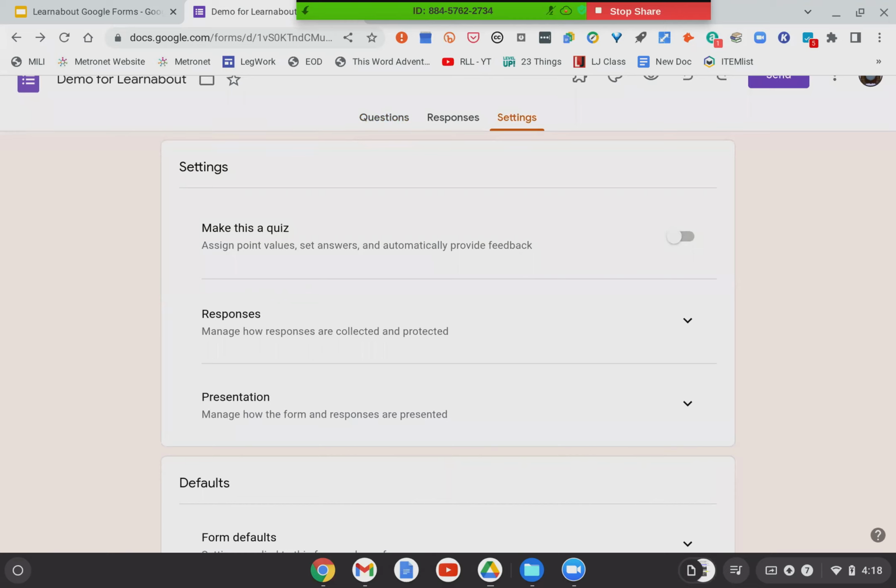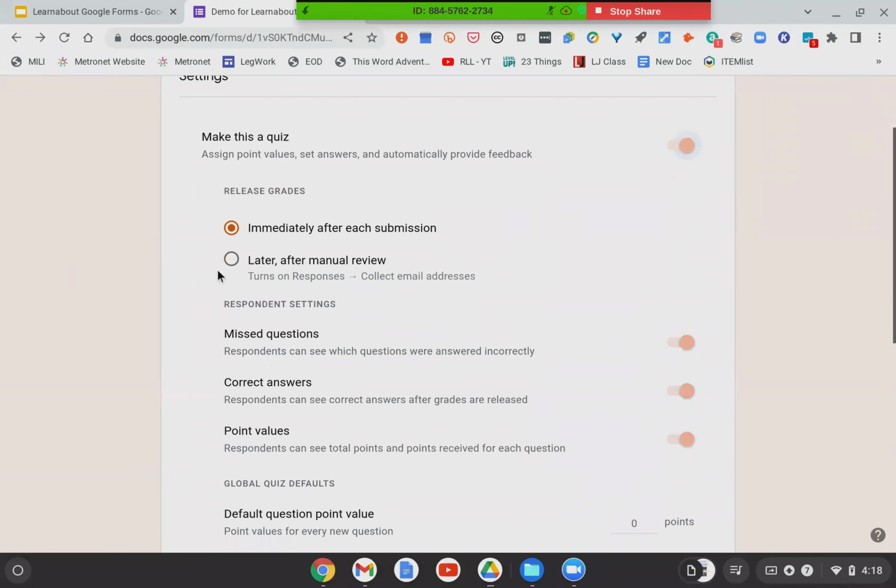So if you are a teacher and you're looking to create a test, this is not something I'm going to spend a ton of time on, but I do want to show you what it looks like. It is, as it should be, very easy to do. So if you're not familiar and you've never tried it before, try it. I promise you won't have much trouble. It's very simple to follow along. So you select this to turn it on, make it a quiz, and now you have some options.